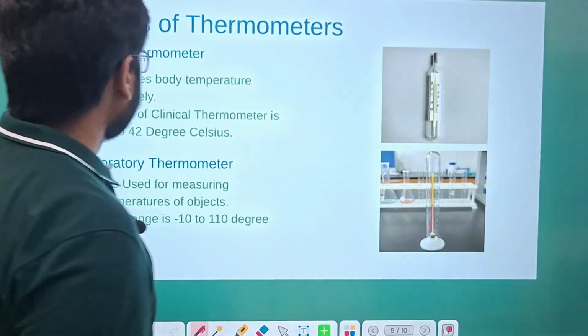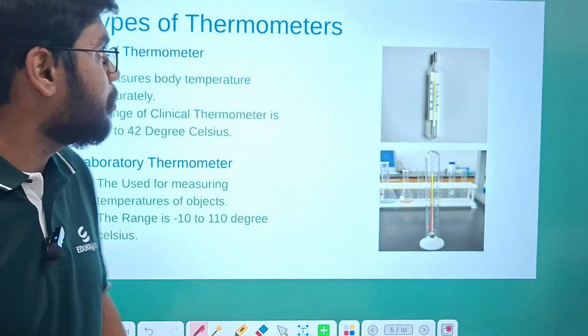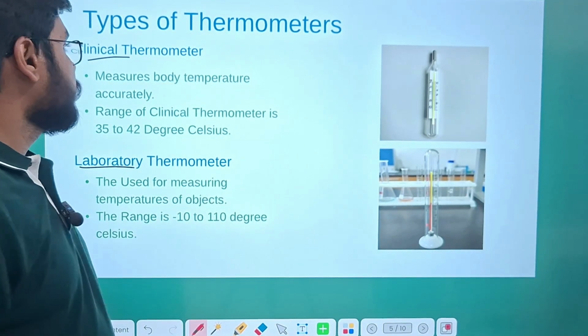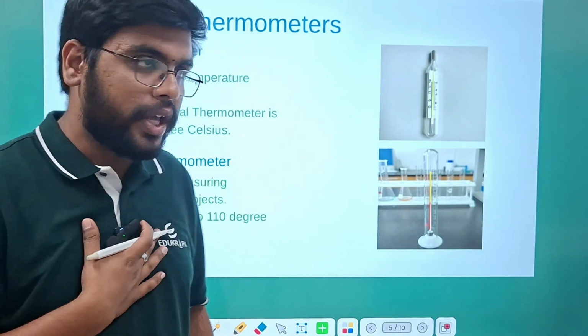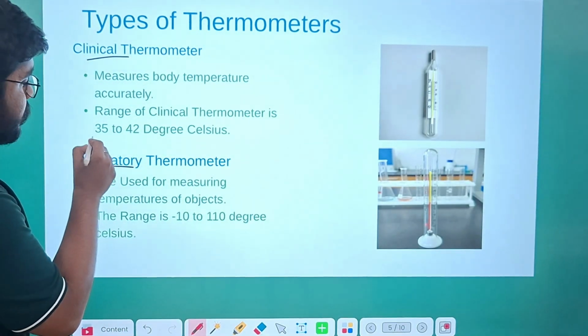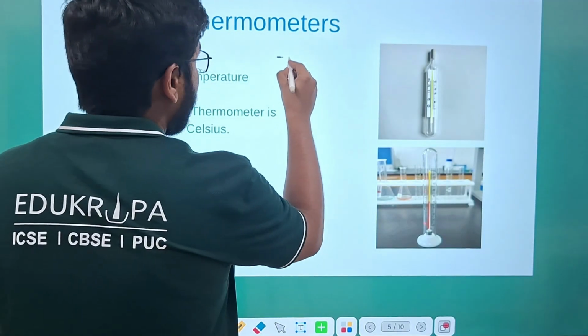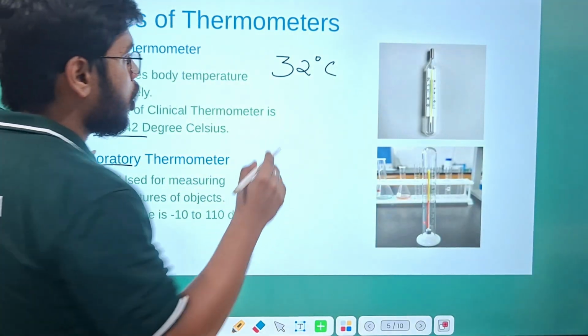We'll explore it further. Next, there are two types of thermometer that we will explore in this chapter. One is the clinical thermometer and another one is the laboratory thermometer. The clinical thermometer is used to measure the temperature of our body, and it usually ranges from 35 degrees Celsius to 42 degrees Celsius. You may have known that 32 degrees Celsius is the normal temperature